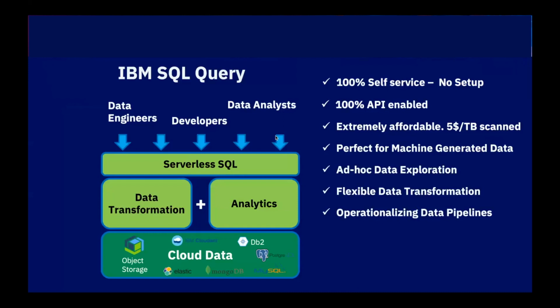And it is very well suited also to operationalize those pipelines that you have. You have explored the data, then you have decided on some data transformations, and now how can you operationalize and automate that? It's very easy to do with a service because A, it has the API, and B, it integrates with other frameworks that I'm going to look at later at the end of the presentation that help you to automate these kinds of things pretty nicely.